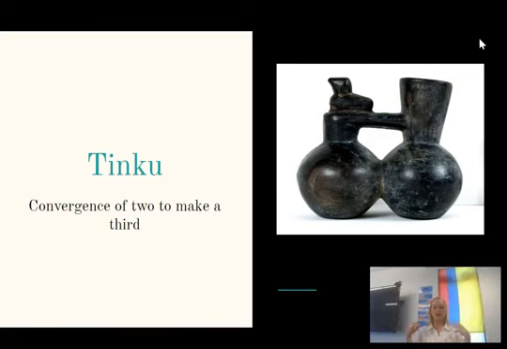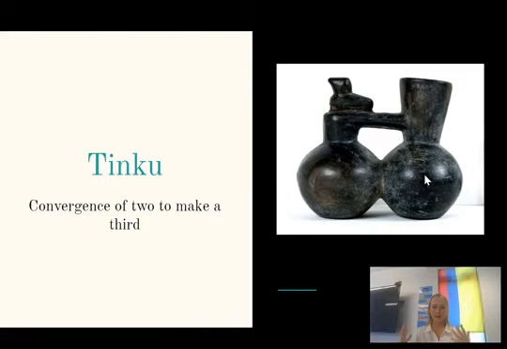We also see this, like I was talking about when we were looking at the different climatic regions that different peoples lived in, the idea of taking objects that are from the highlands and pairing them with materials from the coast and bringing them together to create a beautiful art object. That's also an example of tinku. This Chimu stirrup spout bottle is another example of tinku. So we have these two vessels, and they've got this spout that brings the liquids from both of those containers into one, and so we create this harmony, this third option that is better than the first two.